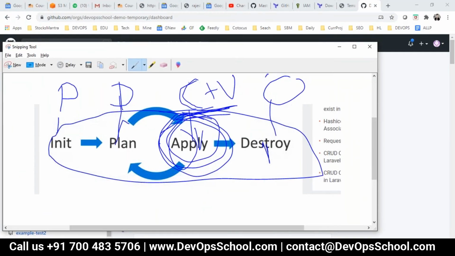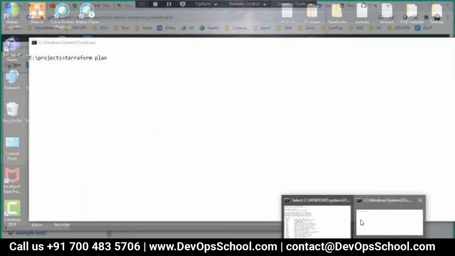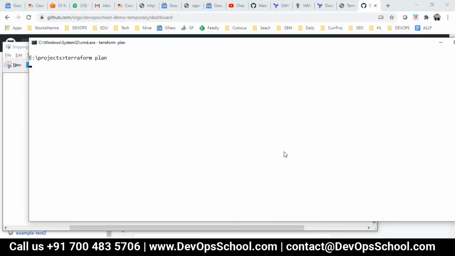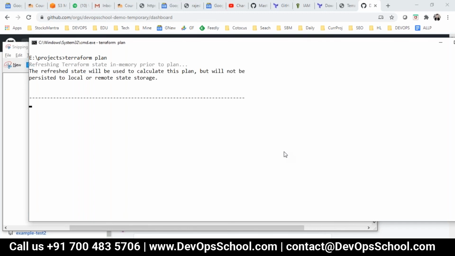Okay. So now the same thing we have to follow. Now plan. Before apply, I will run plan one more time because I changed this stuff. It is calculating based on the permissions how many resources need to be created.